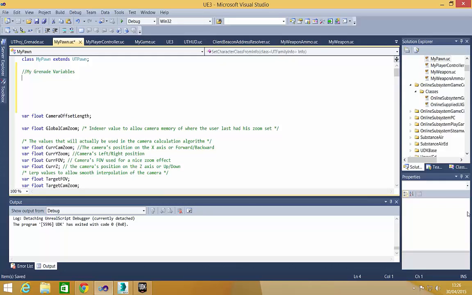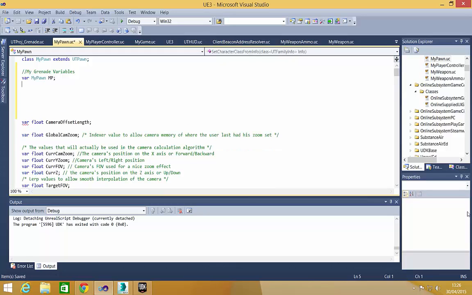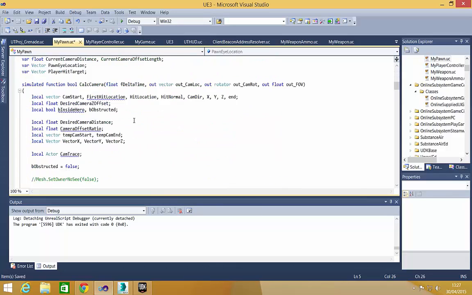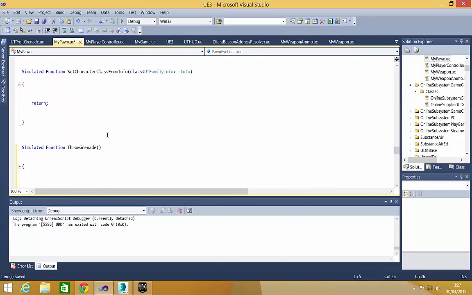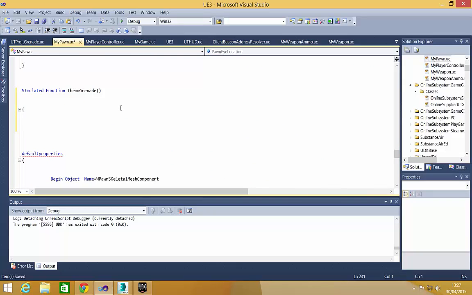Okay. And we're going to need a variable, my pawn MP. We're going to need a variable UTProjectile_Grenade. That's the particle system we made. We'll just call this grenade proj, gproj, G projectile, grenade projectile. Alright, so scroll back down to our function, throw grenade, and we're going to go,